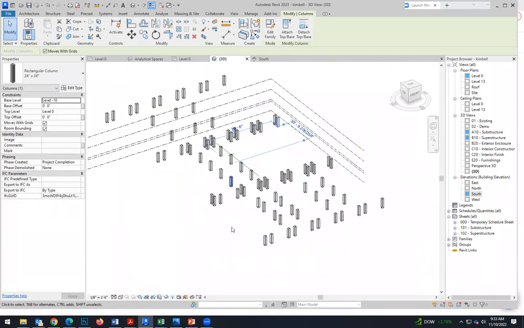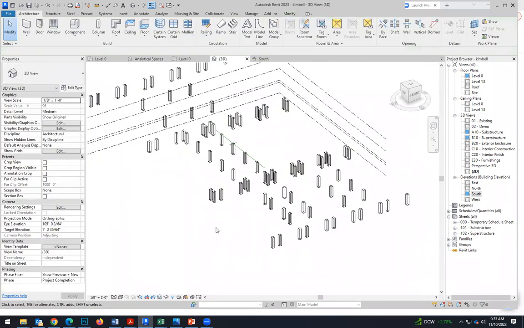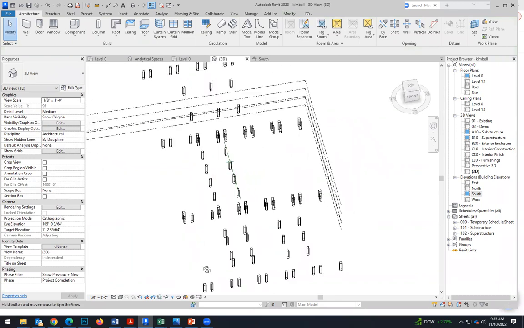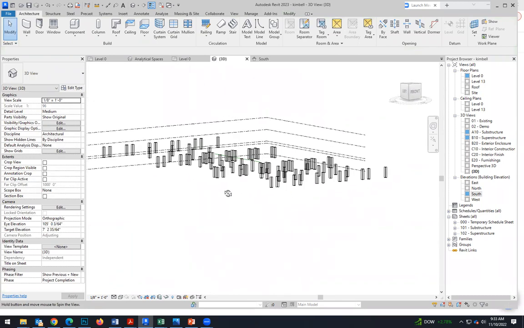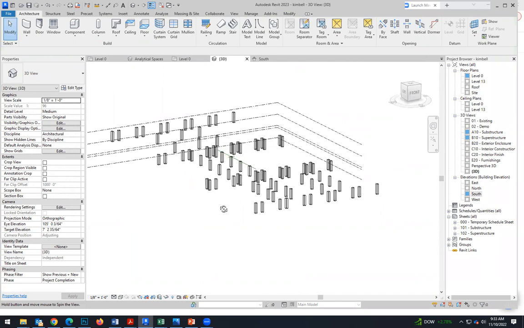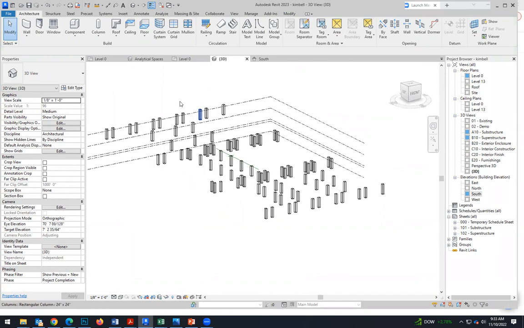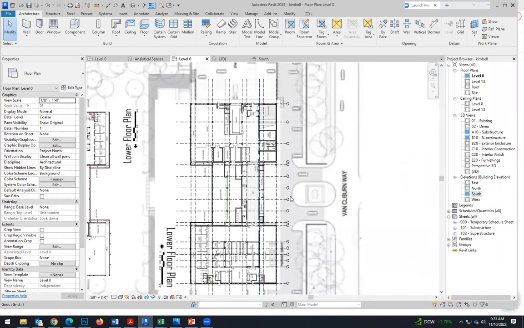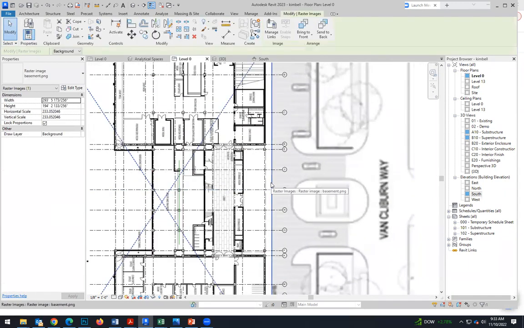So now we have everything we need. And they are all going from the basement floor to the basement ceiling. So now you can hide that